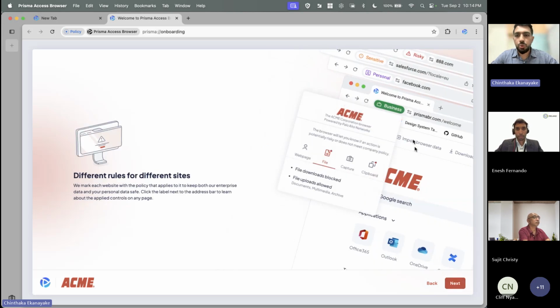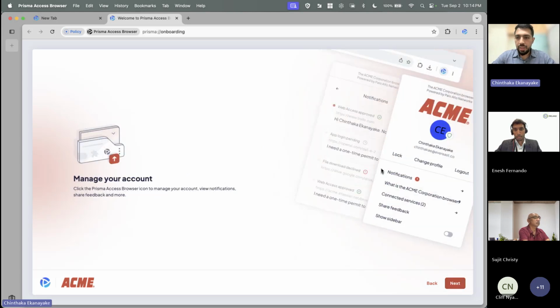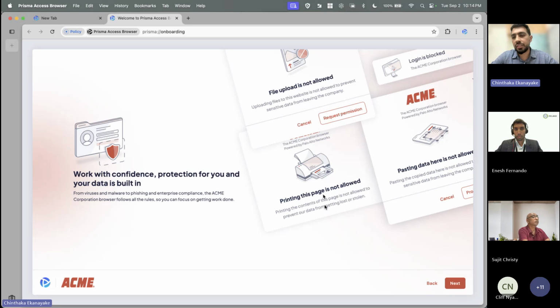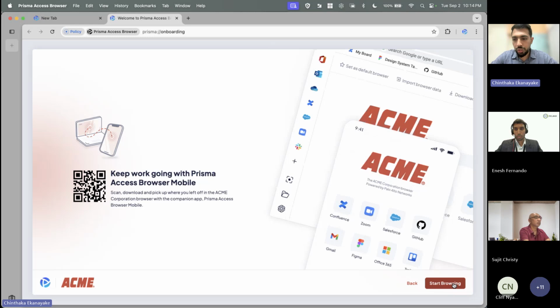And then you will get notifications. These are some guides on how to use this browser. We have tags enabled, which tell us what the restrictions are on that particular page. This also talks about the notifications and where to find them. Let's say you request access approval for something, and whether your request got approved or not, all of that information you will see under notifications. And these are the messages that you typically get. We'll look at those during the demo.